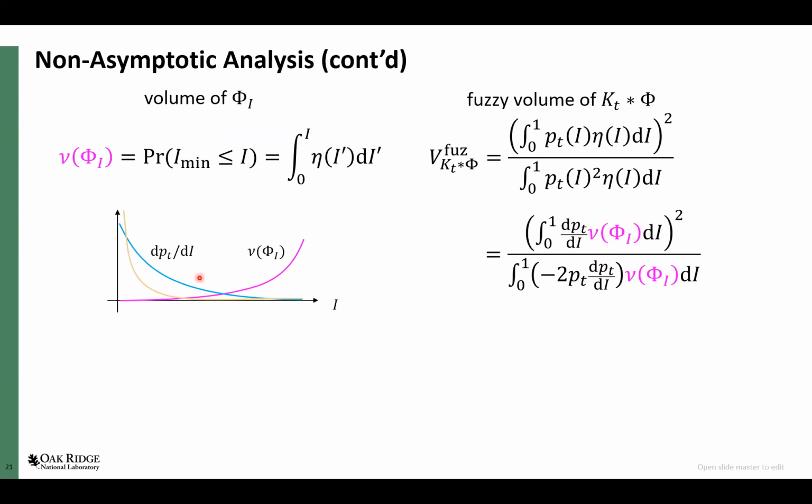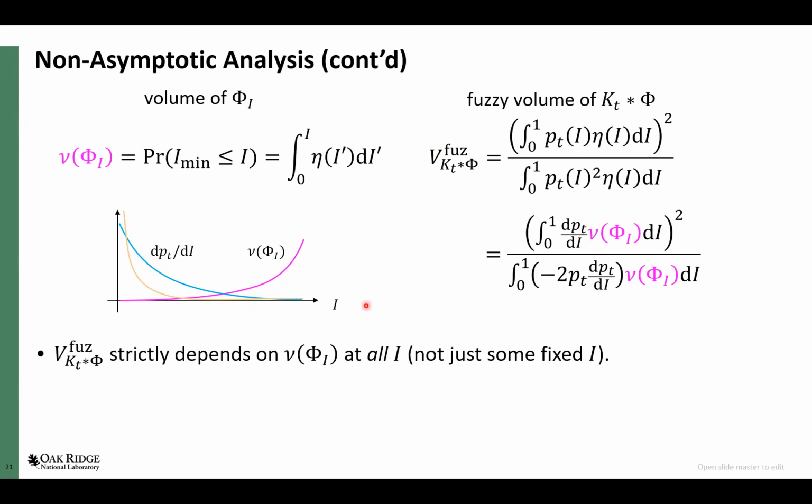It's actually sort of a weighted integral, where the weight depends on this density of states, which depends, sorry, I skipped a few things. It depends on the kernel function. And so the blurring function will determine this weighting function, which will pick out different parts of this cumulative distribution. And so strictly speaking, this fuzzy volume is kind of a functional of the thing we care about, this really smoothed out version.